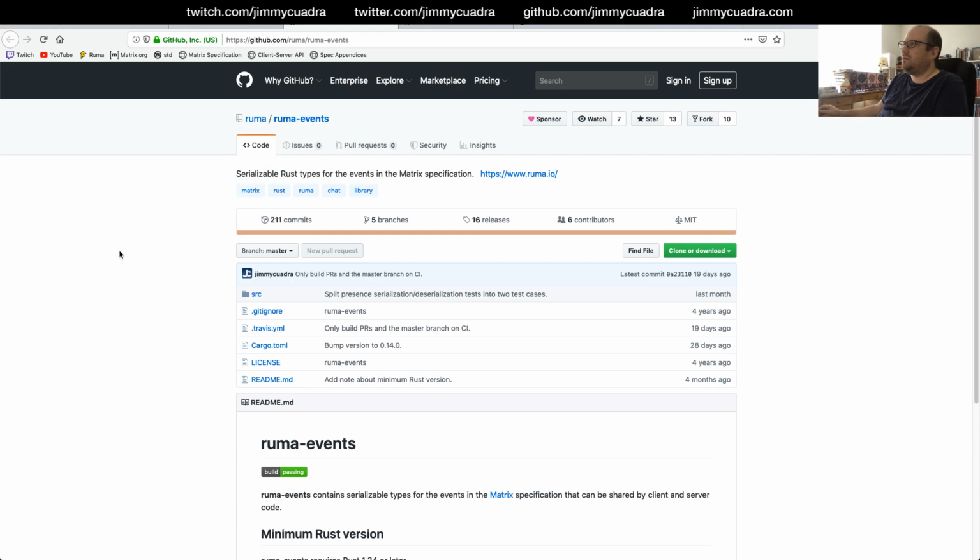This is about converting from JSON data into Rust structures that represent those events, and making the deserialization more robust. If the event data coming in is valid JSON, but the structure doesn't match what Ruma, the library, is expecting, then rather than an outright failure, you get a special type that says there was an error, we couldn't deserialize into the type we were expecting, but here's the original JSON in case you want to take a look at it.